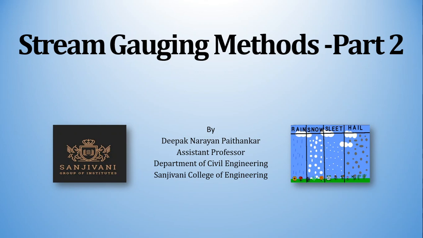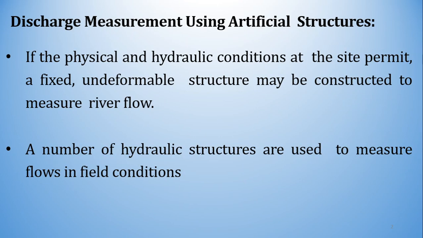In the earlier lecture we have seen what is meant by stream gauging and how to determine the discharge of a stream by using the velocity area method. We have seen so far how to determine the stage by using several techniques and how to determine the velocity of a flow by using several methods. So, in continuation of stream gauging, in this lecture we are going to see various methods and equipment available for stream gauging. So, let us start.